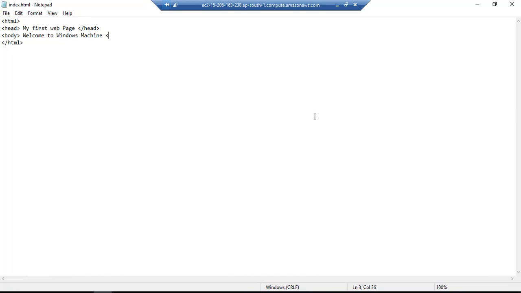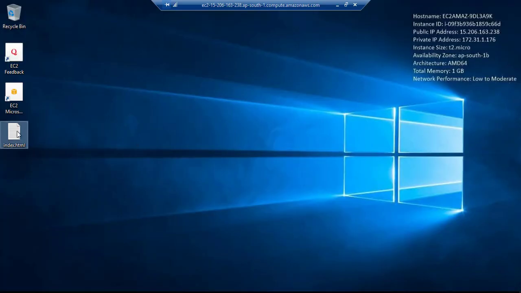We just echoed the value welcome to Ubuntu, and then we moved it to the index.html file. It created that file and moved that value into it. Then because of Apache we were able to run that file and see it. Here we don't need those, right? Let me click on body. Now save it, close it, and then open it with,